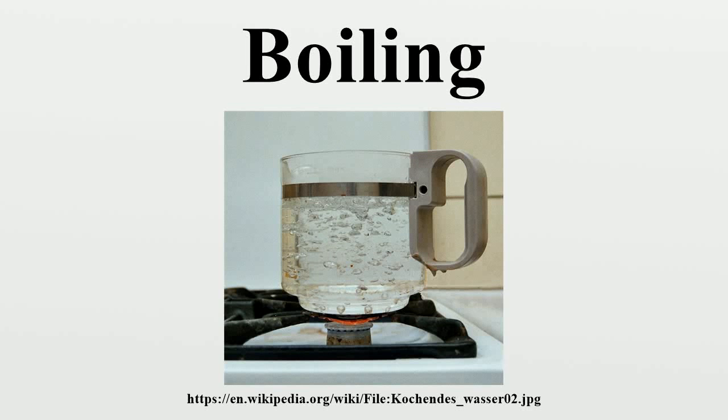Boiling is the rapid vaporization of a liquid, which occurs when a liquid is heated to its boiling point, the temperature at which the vapor pressure of the liquid is equal to the pressure exerted on the liquid by the surrounding atmosphere. There are two main types of boiling: nucleate boiling, where small bubbles of vapor form at discrete points, and critical heat flux boiling, where the boiling surface is heated above a certain critical temperature and a film of vapor forms on the surface. Transition boiling is an intermediate, unstable form of boiling with elements of both types.